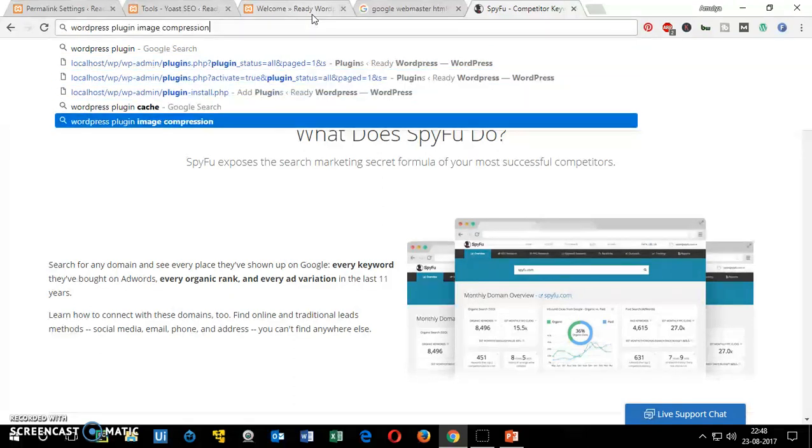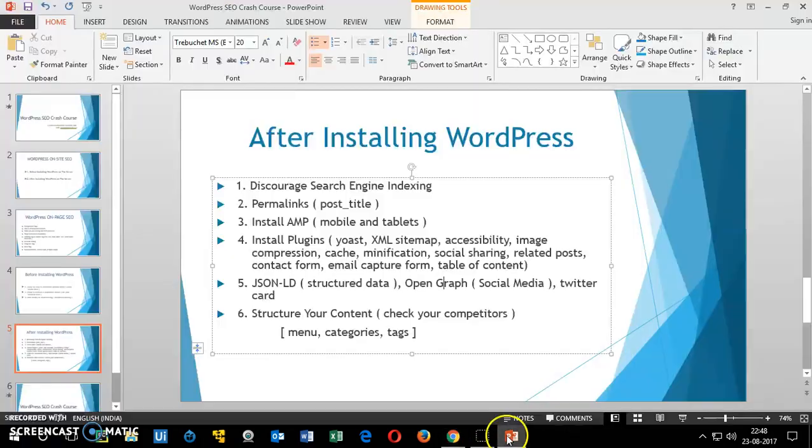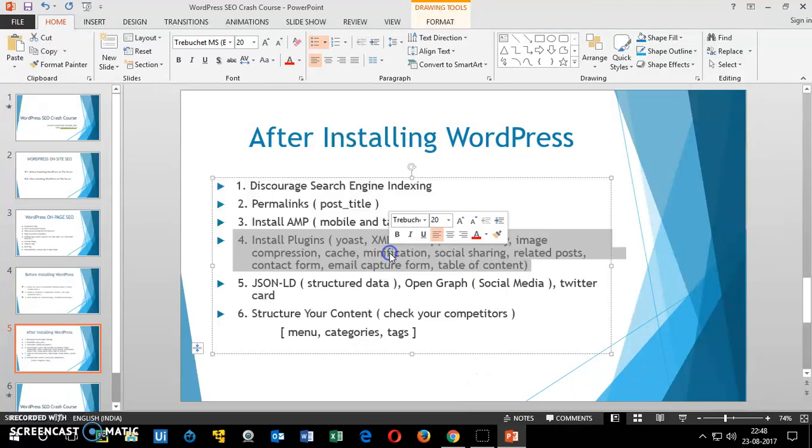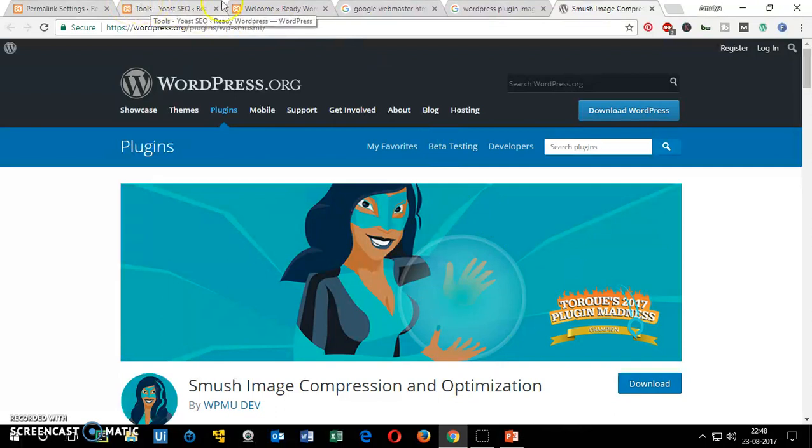Image compression, this is a very good plugin, the very first one. This one, Smush image compression and optimization. This will reduce the file size and is good for speed. For minification and cache, you'll have to search, there are a few minification plugins and they work perfectly fine. Social sharing, social media,